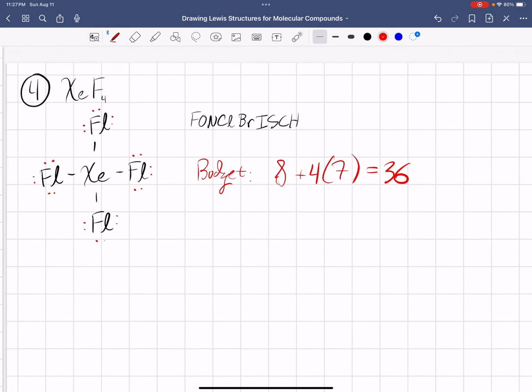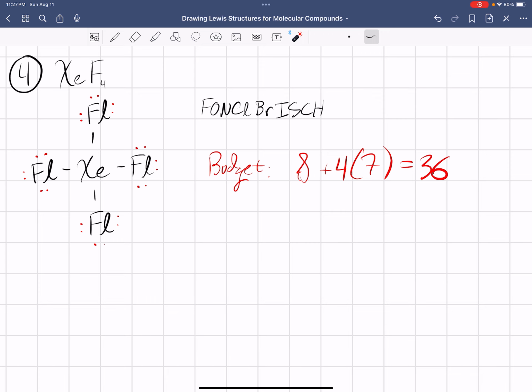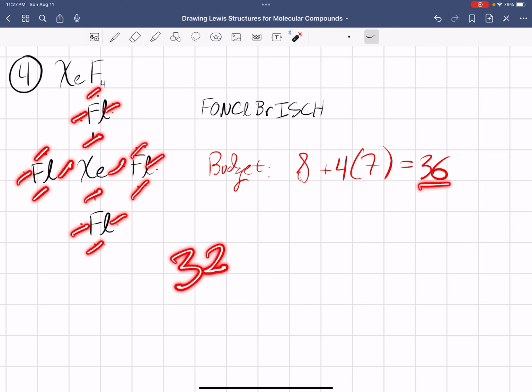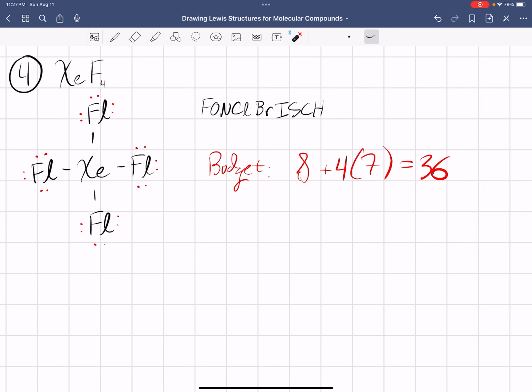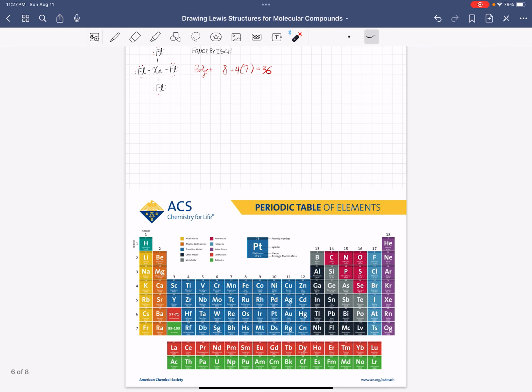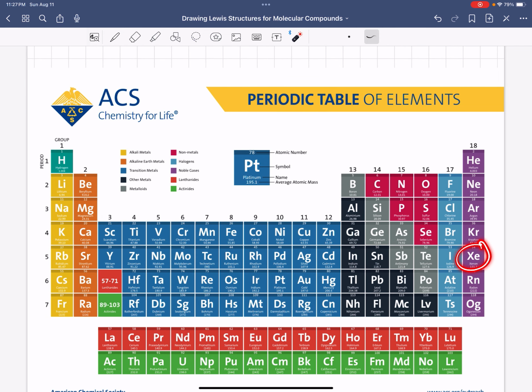Let's check how we did. So lots of lone pairs to count up here. 2, 4, 6, 8, 10, 12, 14, 16, 18, 20, 22, 24, 26, 28, 30, 32. So we spent 32, but our budget is 36. We've underspent this time. We've only spent 32, so we need to add more electrons. And when you're in this situation, what you can do is you can add additional lone pairs to the central atom. And because xenon is in one of these lower rows of the periodic table, anything in the third row or below